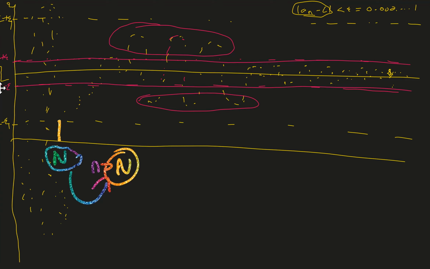But then after some time, even these terms, after some n, end up being in this even smaller tube. So for this, we require an even larger n. We require a larger n for this. So as epsilon gets smaller and smaller, we need to go further along in the sequence to find this capital N,